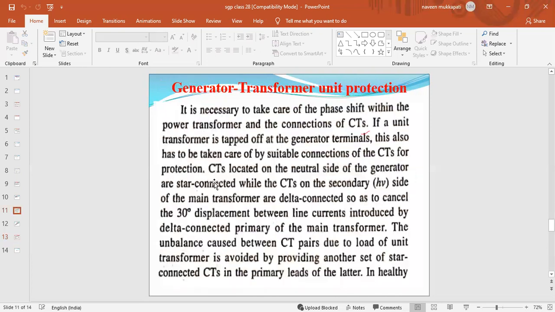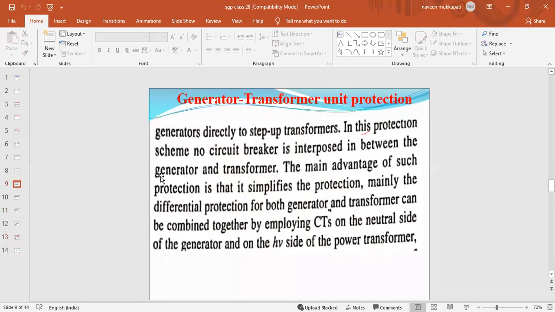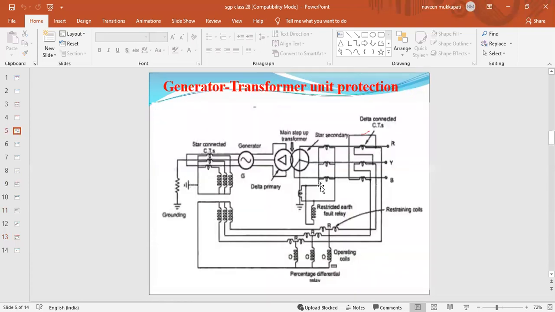Because we are using the restricted earth fault connection, which means that in the primary and the secondary winding there is no electrical connection between these two windings. That's why, if any earth faults occur in the stator winding, they are not detected by the differential protection scheme. That's why, in the case of the secondary winding of the transformer, we connect one restricted earth